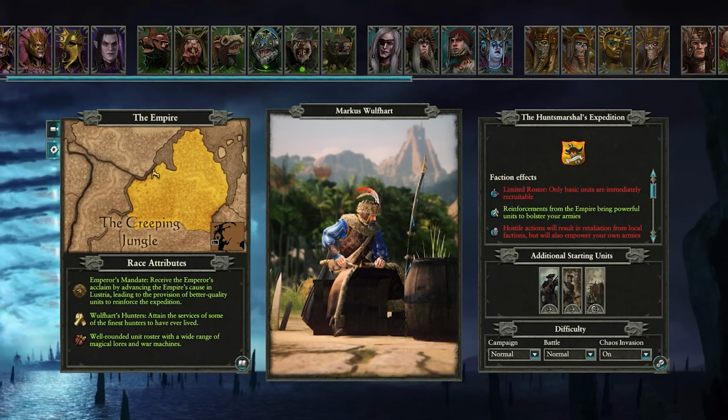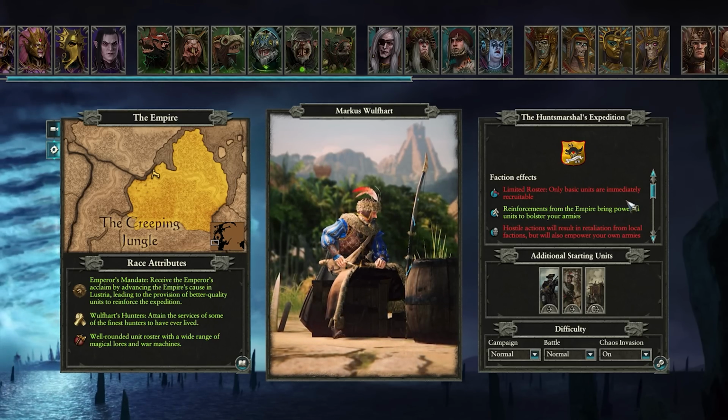The third piece of DLC that I would consider essential under specific circumstances: if you do not want to buy Warhammer 1, buy the Hunter and the Beast, because you get the most popular faction in Total War Warhammer history, which is, of course, the Empire of Man. You get Marcus Wolfheart in the Vortex campaign, and honestly, his campaign is one of the most fun campaigns I've